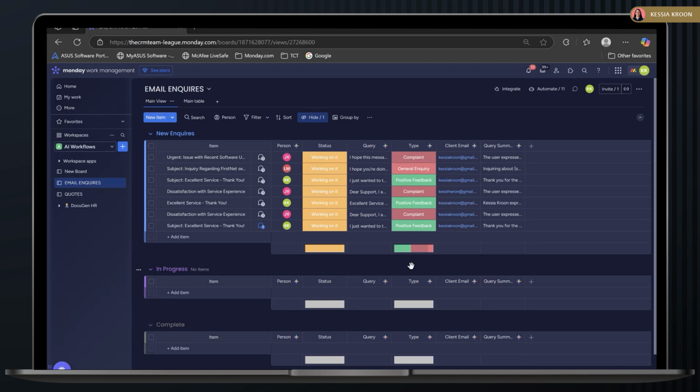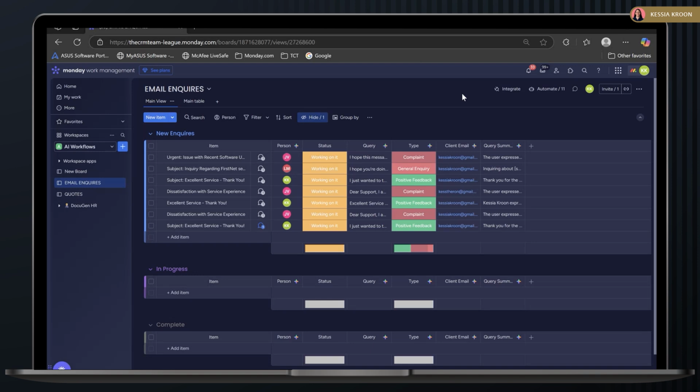Then using various automations and some AI actions, we can actually get that email to be sent straight through to the Monday updates. It can then extract the query, summarize the query, detect the sentiment of that query if it's complaint, general inquiry, or positive, and then based on the type, maybe there are certain people within the organization that deal with complaints. So then it will auto assign that person for the complaint. Or if you may be looking at general queries versus sales email, you can even have that kind of separation and assign the salesperson if it's a sales inquiry, and then assign a customer service exec if it's just a